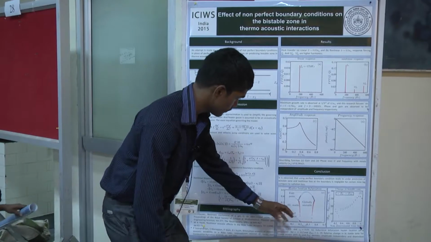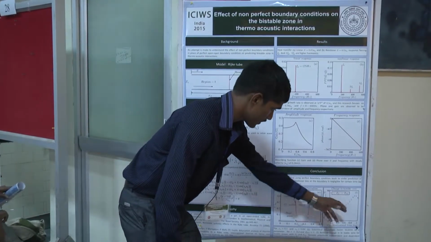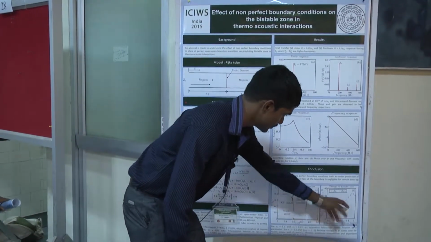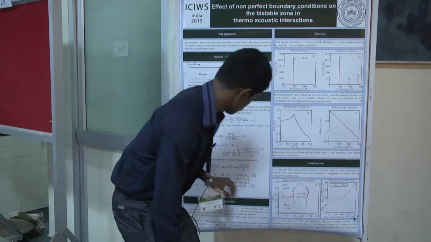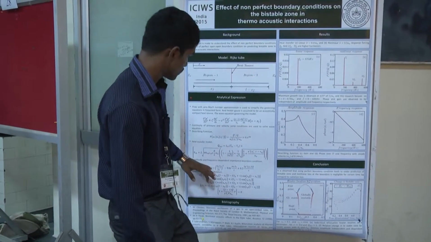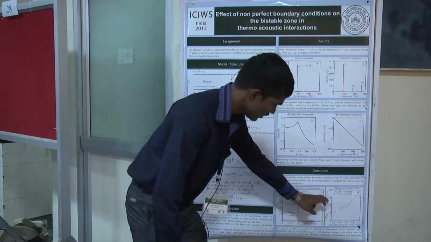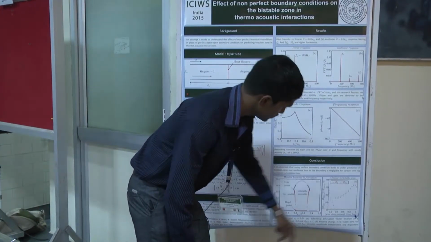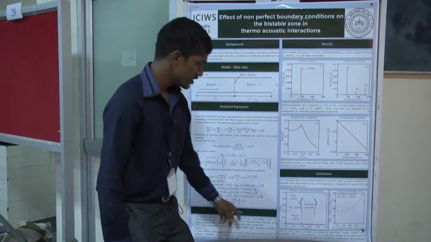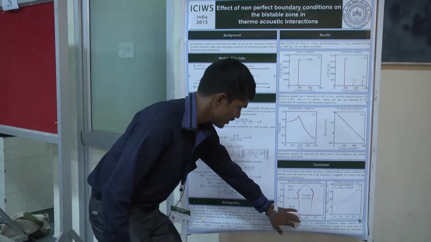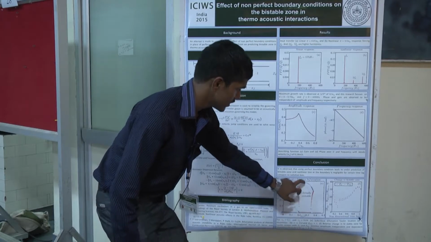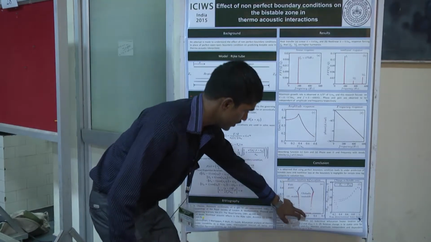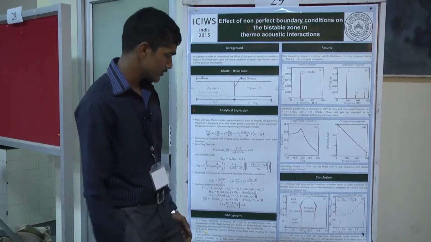So after this, the resulting hysteresis zone seems to depend on the heat losses associated with this boundary condition, and it is not negligible. It seems to vary by up to a maximum of 30%, and the code is validated using this heater location. It shows that the maximum amplitude of oscillation is at 0.25 of this duct, the one-quarter of the duct.